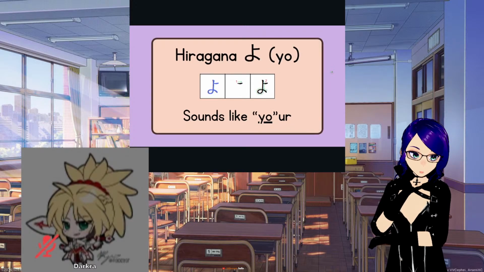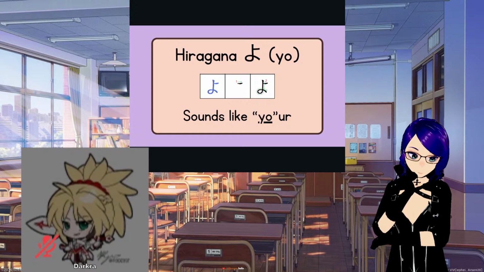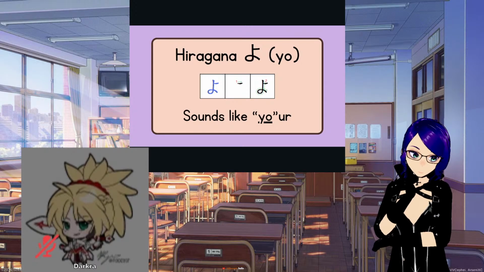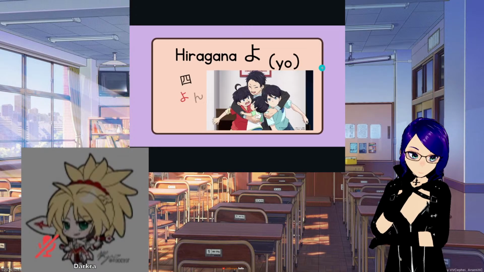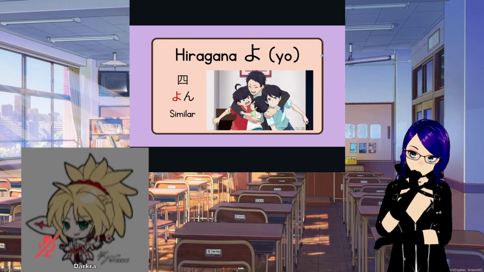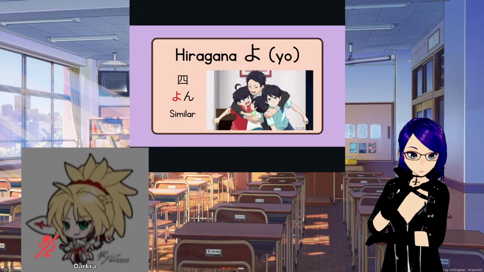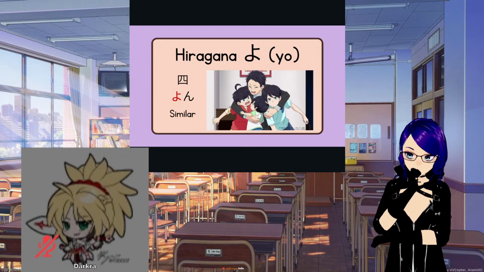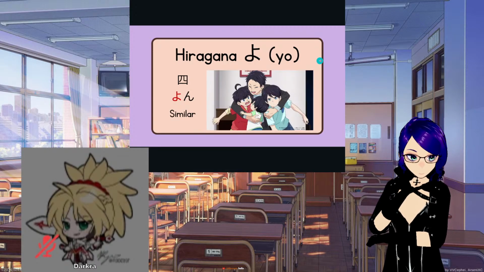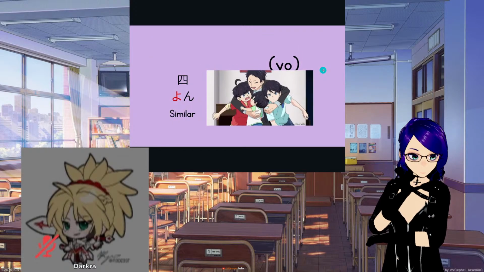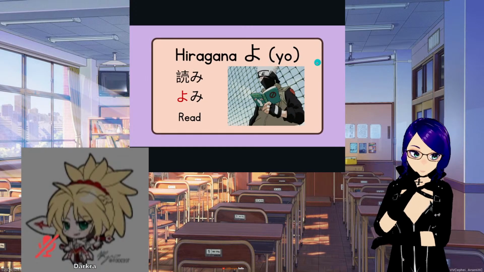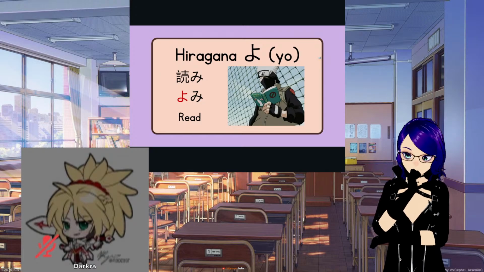Okay, the next one over here, we have yo. This is the yo in Ohio, except it has a U behind, okay? So this is yo as in yours. Right, this one, it's a number that you will learn. This is yon. Okay, wait, this is wrong. It means 4. I will have to change this. Yon as in 4. I knew there was scuff coming out when my OBS crashed.